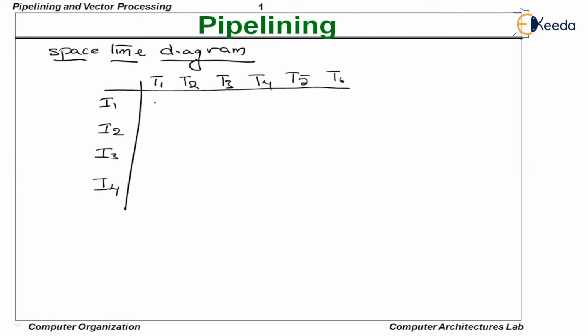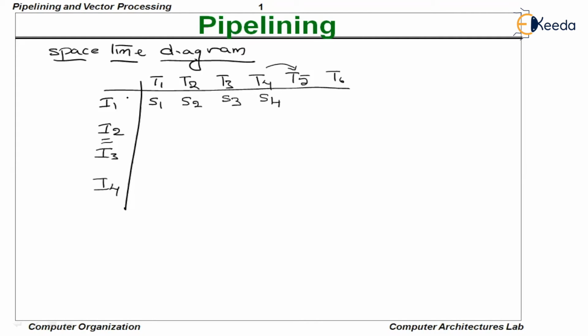I1 in the first clock cycle enters into stage 1. Second clock cycle, it enters into stage 2. Third clock cycle, stage 3. And fourth clock cycle, stage 4. Generally, if there is no dependency, I2 will enter into the pipe in the second clock cycle. But due to a dependency, I2 cannot enter into the pipe because I2's variable is available at I1's execution. Unless I1 finishes its ALU stage, I2 cannot enter into the pipeline. That is, the moment I1 leaves completely, then I2 will enter.